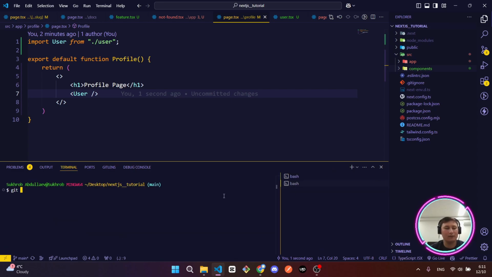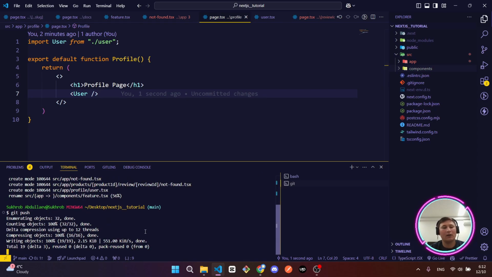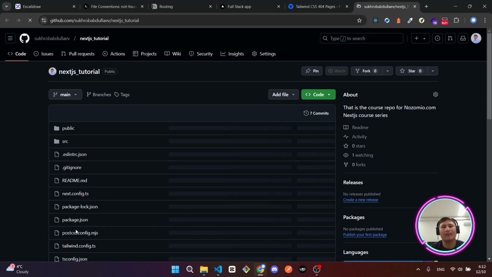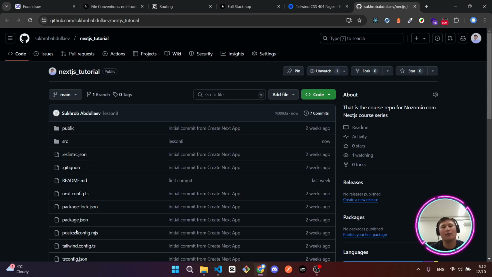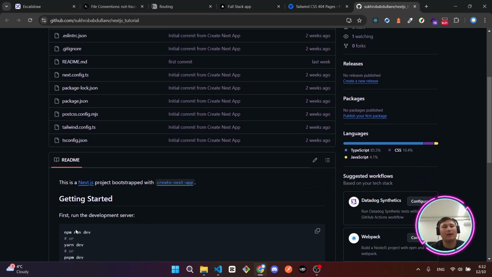Let me push the folder: git add, git commit, today's lesson is lesson 8. Yeah, git push. Why am I pushing the code? Because a lot of beginners try to copy their code, but I would recommend you write your code yourself. And also, if you have a misunderstanding about something,